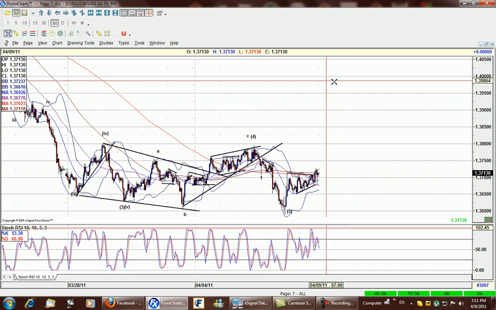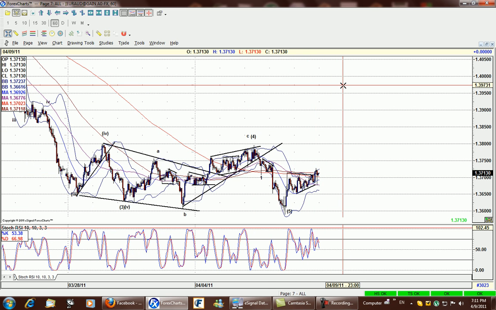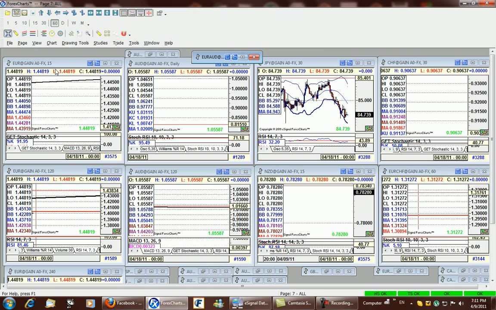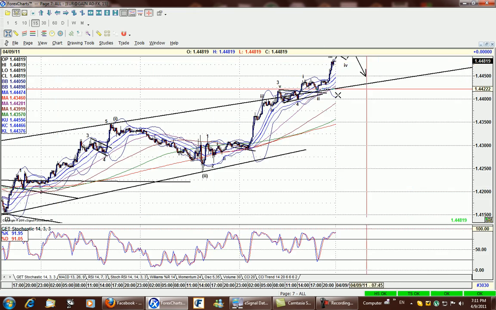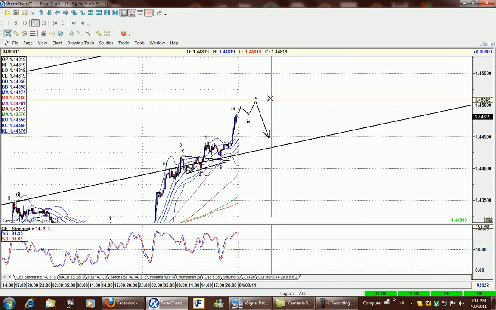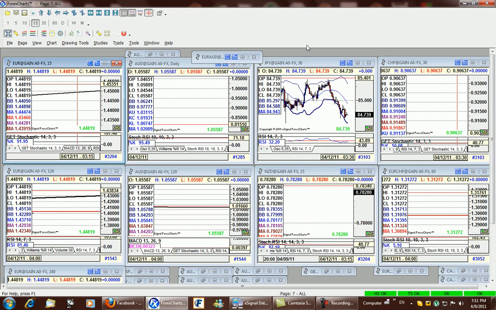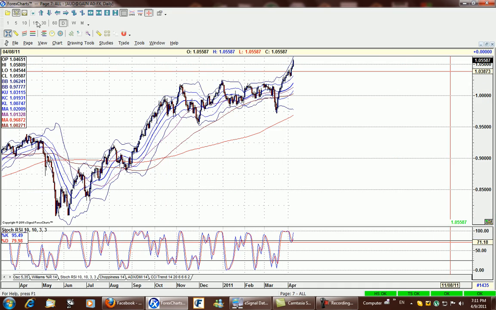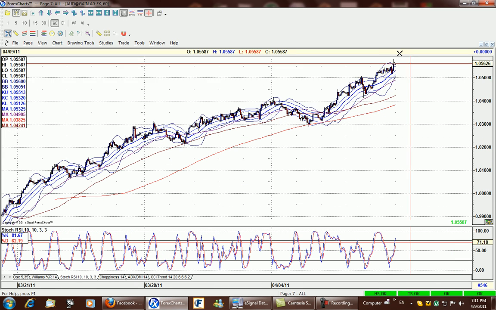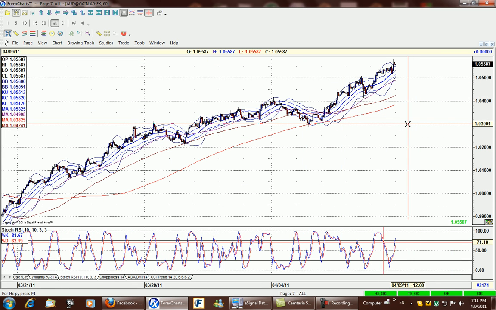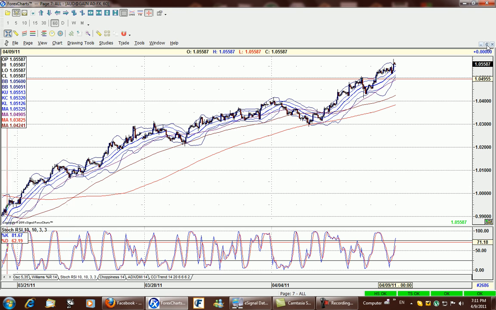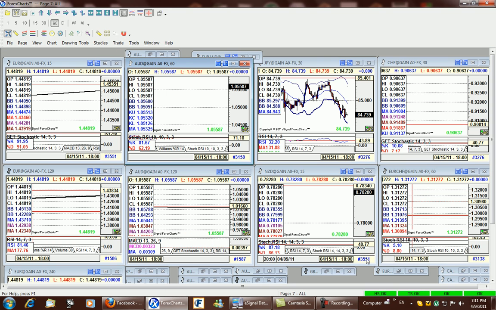If the euro will be stronger than the Aussie, that means that the euro dollar will consolidate more than heading lower as much as the Aussie. So when I'm expecting a consolidation here in the euro after a try on the 1.45 level, I'm expecting at the same time some down movement, some correction lower here in the Aussie. So the Aussie will be a better short than the Euro. Euro is not a short at all at this moment.